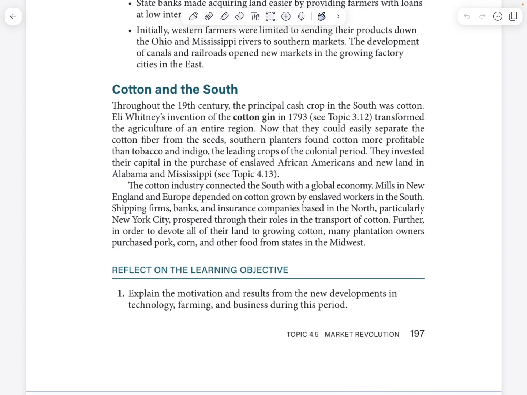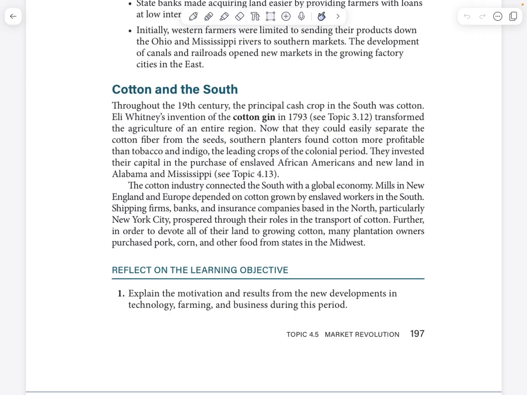They invested their capital in the purchase of enslaved African Americans and new land in Alabama and Mississippi. See topic 4.13. The cotton industry connected the South with the global economy. Mills in New England and Europe depended on cotton grown by enslaved workers in the South. Shipping firms, banks, and insurance companies based in the North, particularly in New York City, prospered through their roles in